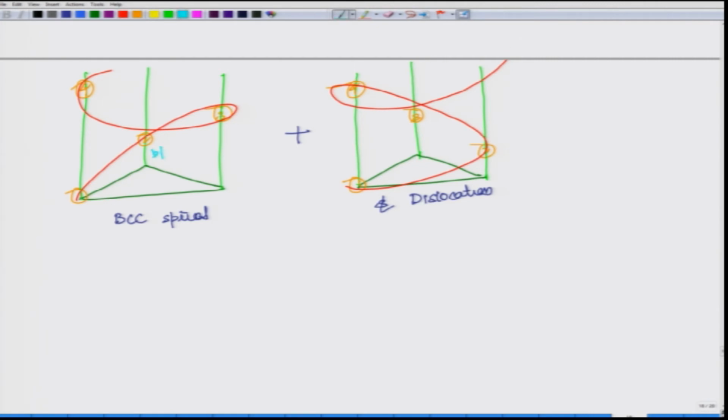Now this is b by 3, this is 2 b by 3, this is 2 b by 3, this is b by 3, this is b, this is b. So, now when these 2 get added, this becomes 2 b, meaning the atom behind this, lower than this, comes at this position. 2 b by 3 plus b by 3, another atom comes over here, not here, but it comes to b. So, this another atom will also take a position here, 2 b by 3 and b by 3. So, it becomes b, and again this atom will move here and another atom from bottom will come over here. So, this structure would look like